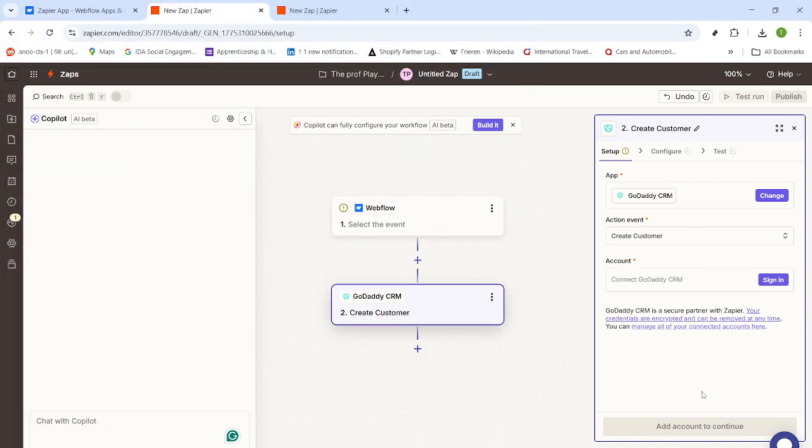That's it. You've moved from Webflow's dashboard, through the Marketplace and apps, installed the Zapier app, and set up a Zap that connects Webflow to GoDaddy CRM with the action to create a new customer record. Keep your credentials secure, double-check you selected the correct site and workspace, and you'll be ready to